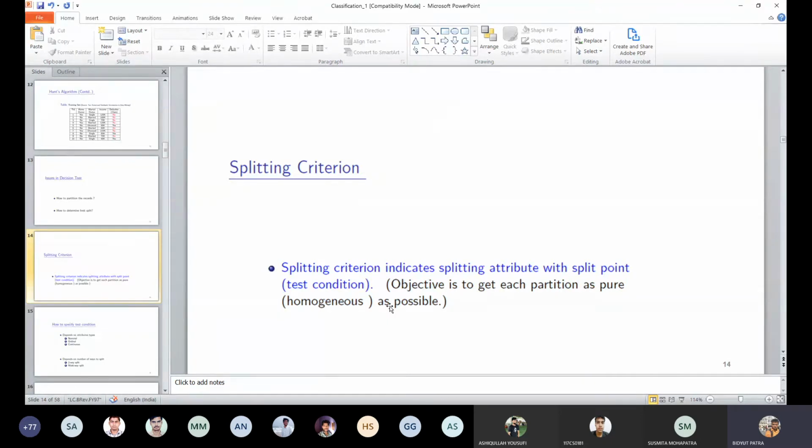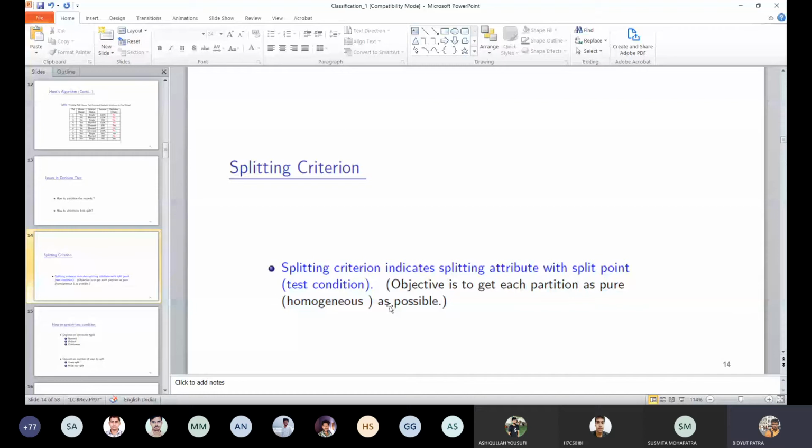That means we need to find the test condition. In the earlier example, it was easy to find the test condition for refund and marital status attributes. But what about income? Income is a continuous attribute. Now it is really difficult. Someone can say less than 70K and more than 70K income, and someone can say something else. So we need to find the best test condition.